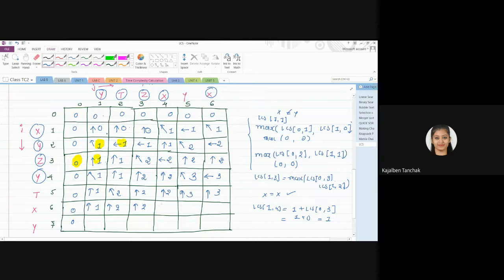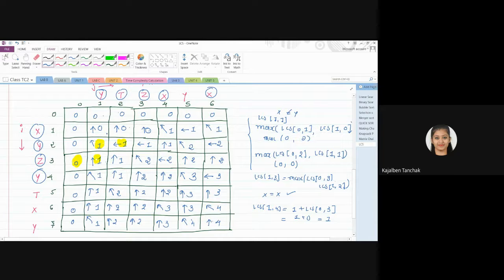X and X, is it matching? Yes. So here you will use 3 with cross arrow. Y and X, 3 and 3 up. X and X again matching, cross with 4. Now the last row, Y and Y, yes, it is matching. So here 1. T, 2 with up arrow. Here it will be 4. Here Y and Y is matching, so 4. And here Y and X is not matching, so the value is carried over.